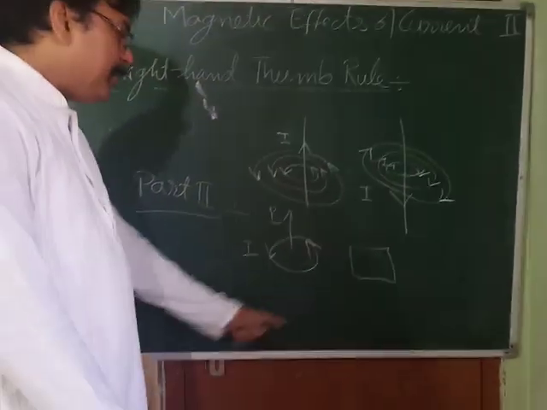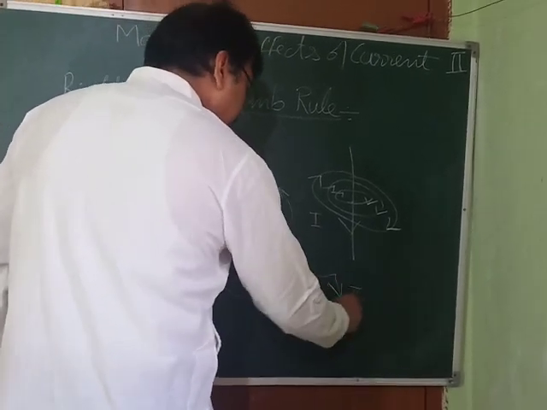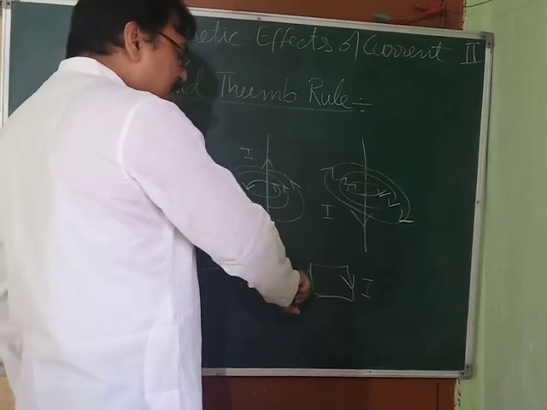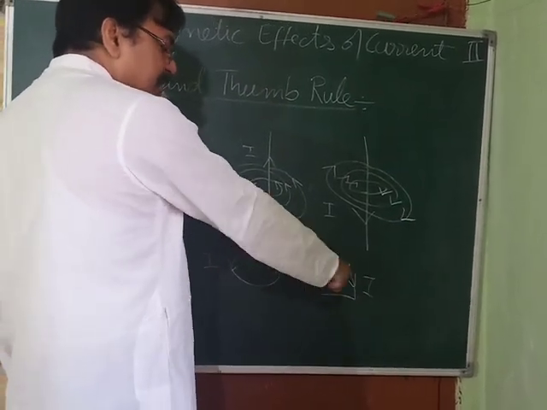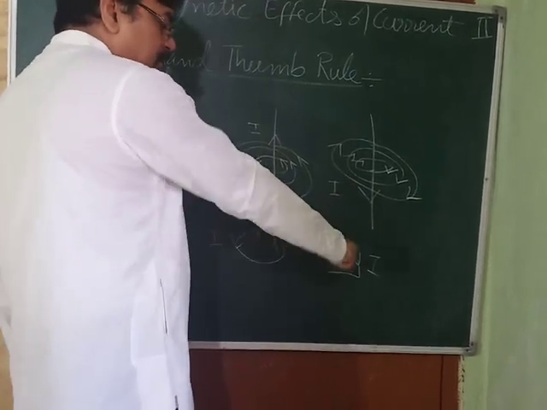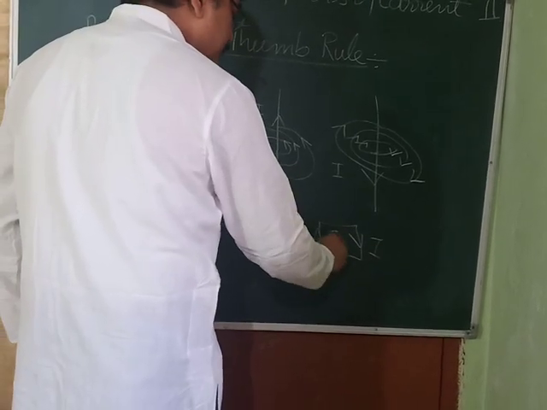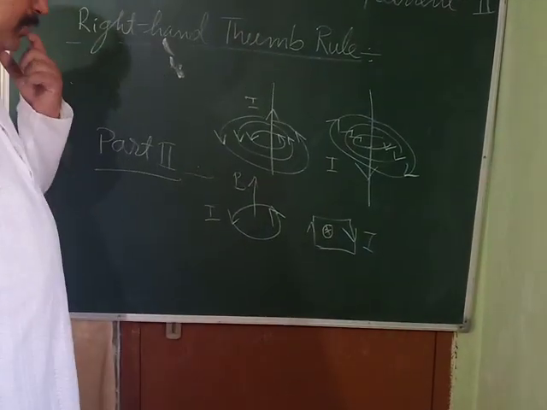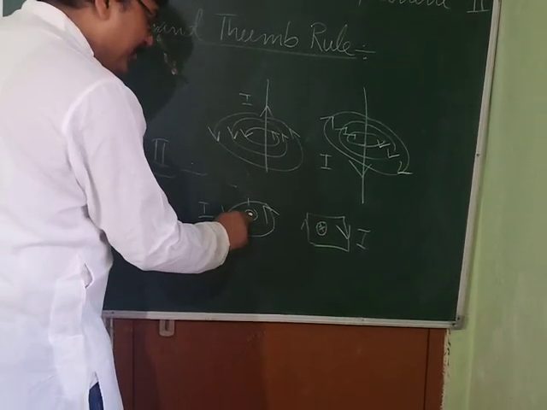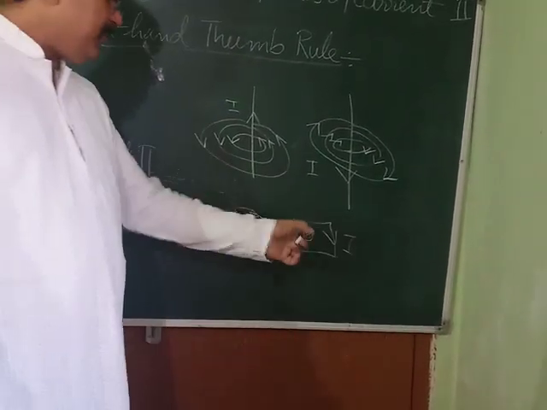Okay. What about this? Suppose current is flowing in this direction. You can see the direction of current is this. So we have to keep our hand such that our curling fingers are in this direction. See, it is going like this, then coming back. So the thumb is inside, so the direction of magnetic field is inside. For inside, what do we do? Cross. For outside, we can write a dot. So the magnetic field is coming out, it is in the outward direction, and inside it is the inward direction.